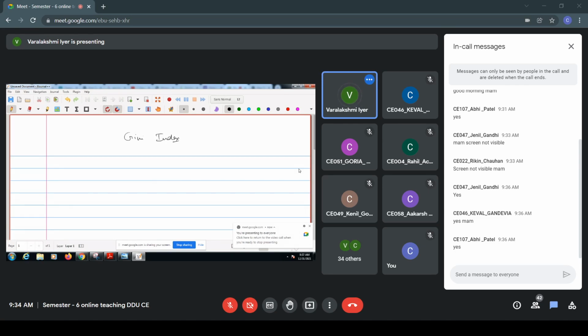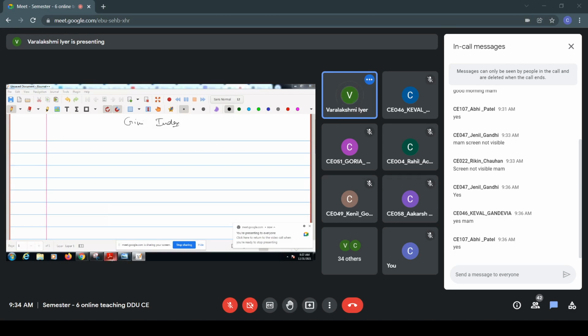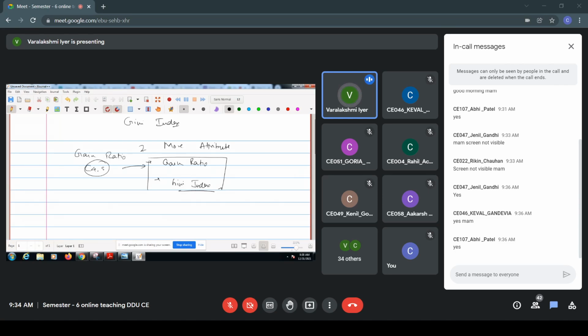Now it is fine. Okay, so in the previous lecture, we had a discussion on two more attribute selection methods, if you recall. We discussed gain ratio as an attribute selection method and Gini index. Okay, and gain ratio is also used in the C4.5 algorithm of decision tree learning, and Gini index is used in the CART algorithm, which are two variants of decision tree learning algorithms, like ID3.